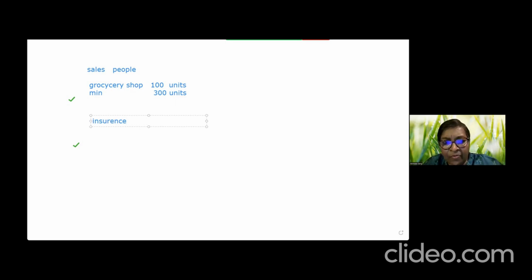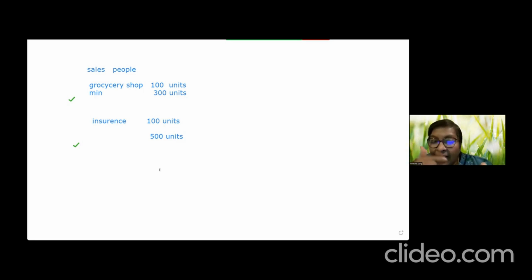Now, if his average performance minimum is 100 units, his maximum performance can be, a best performer can be 500 units. Why? For an insurance sales guy, there's huge scope. Are you getting me? Now I'm trying to give you a small shop salesperson, the scope of work, even if he works very, very hard, he can make only 300 units. Whereas an insurance guy, if he performs very well, he can make 500 units.